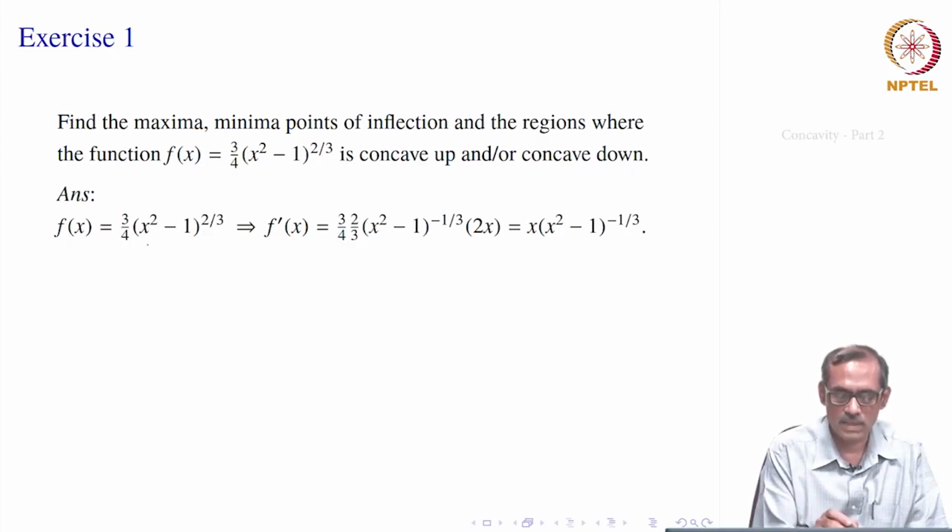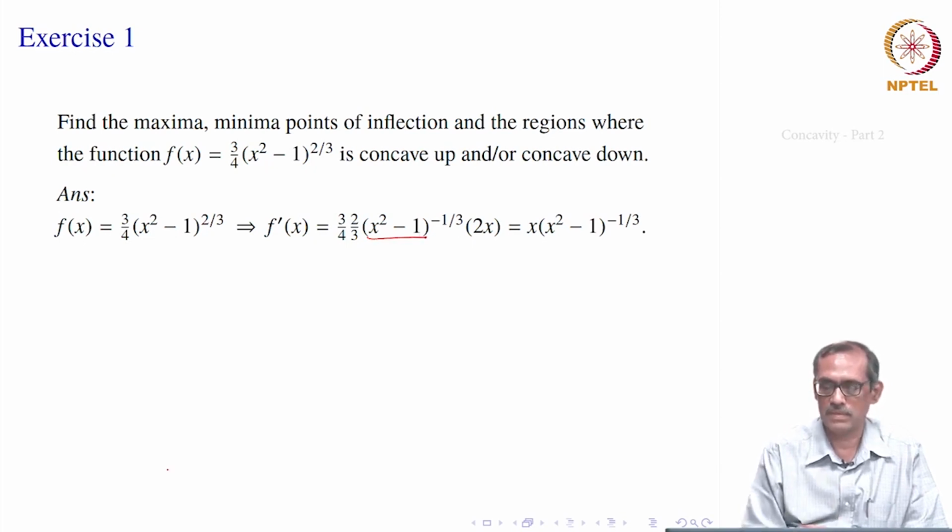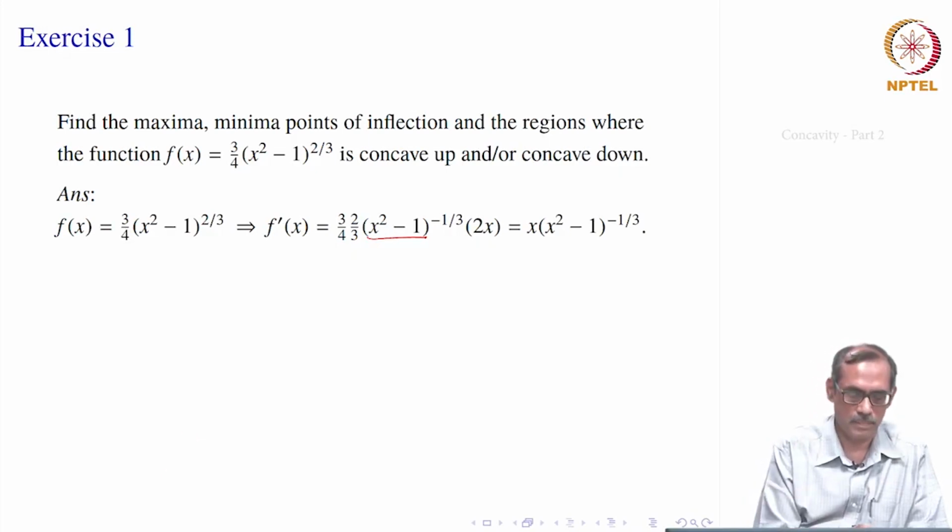First of all, let us take the derivative, it is differentiable. So, we take f of x equal to 3 by 4 times (x square minus 1) to the power 2 by 3. So, 2 by 3 is coming. So, there is a problem where it is 2x by (x square minus 1) to the power 1 by 3. At 1 and minus 1 there is a problem for the derivative. Okay. It may not be differentiable at those points 1 or minus 1, that you have to check again.